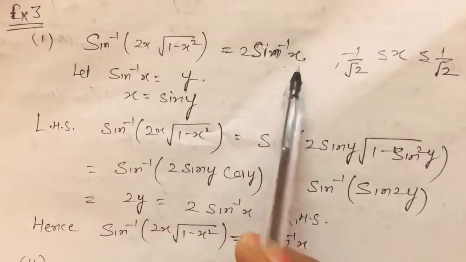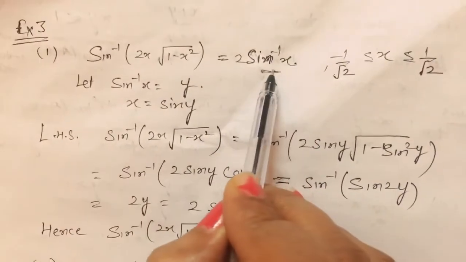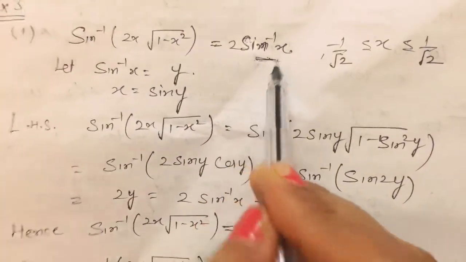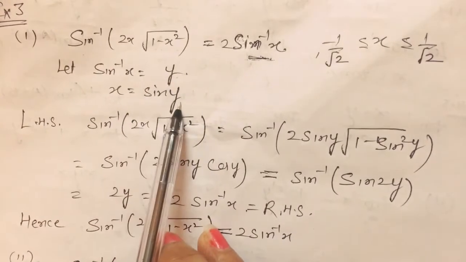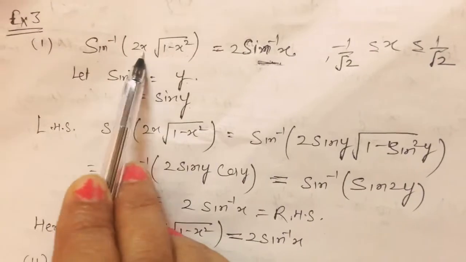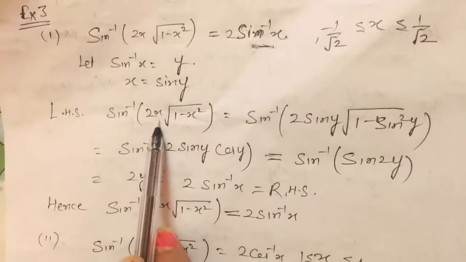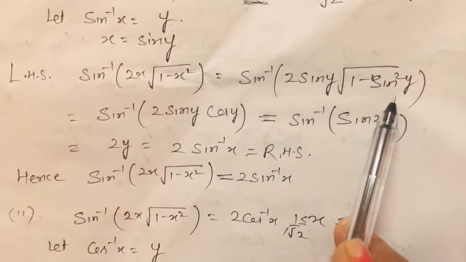जब भी हमें ऐसे शो करना होता है तो हम छोटी साइड जो होती है ना उसको थीटा वगैरह लेट कर लेते हैं या वाई लेट कर लेते हैं. यहाँ पर एक्स साइन के साथ बड़ी वैल्यू है तो हम छोटी वैल्यू को वाई लेट कर लेंगे. So sin inverse x is equal to y, then x is equal to sin y. Okay, then we will put x is equal to sin y in the left hand side. So sin inverse 2 into sin y into square root of 1 minus sin square y, and 1 minus sin square y,